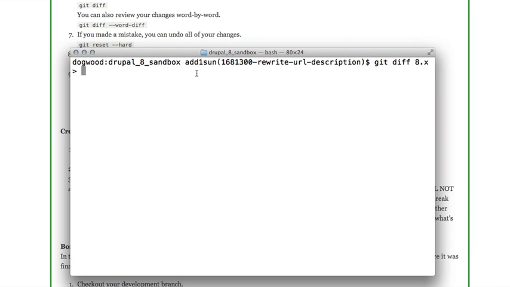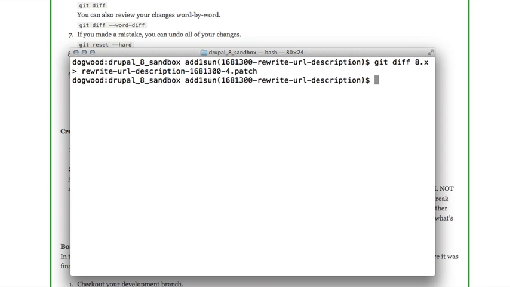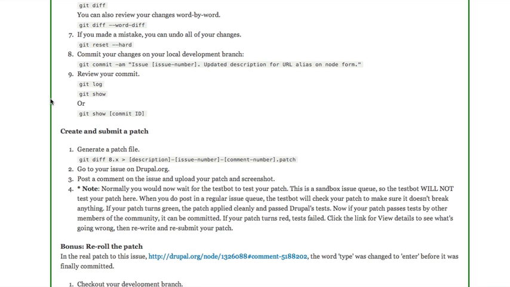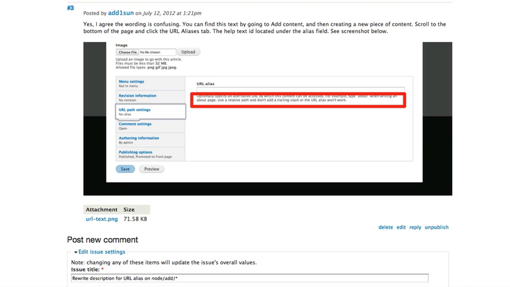Output that to, and I'll just give it a description. I'm going to paste the issue number, and then my comment number is 4.patch. So that's how we name our patch files, so everybody's clear where that patch actually came from on Drupal.org. And do an ls, and you can see that my patch file is now in my Drupal site, so it's been created successfully. And now we can go back to the actual issue,